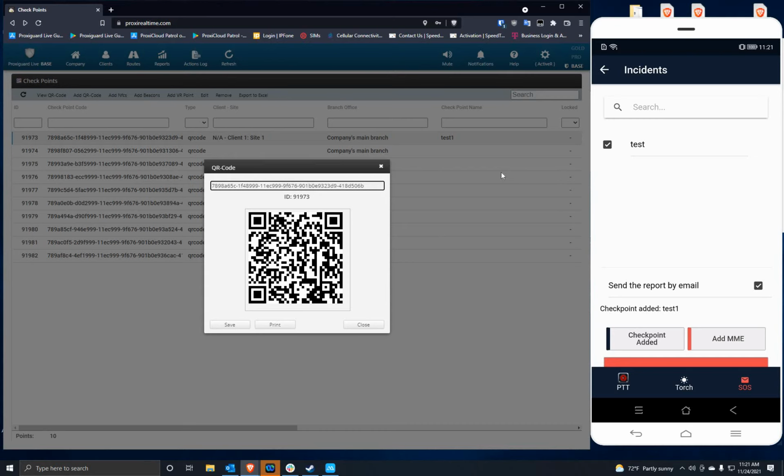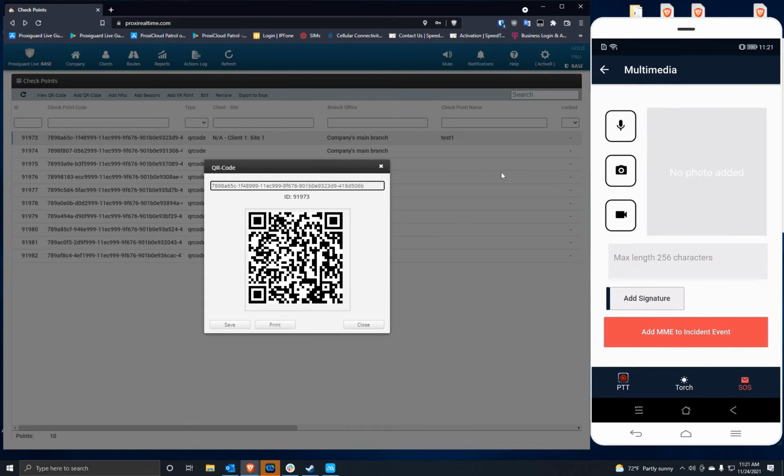So I'm going to show you an example. I won't be able to get that email because I don't own that email. It's like a different thing. But I will be able to show you how you actually set up an incident. So how this is going to work is that you're actually going to